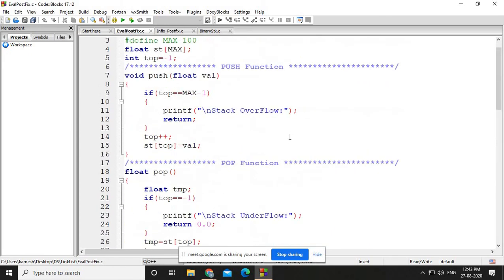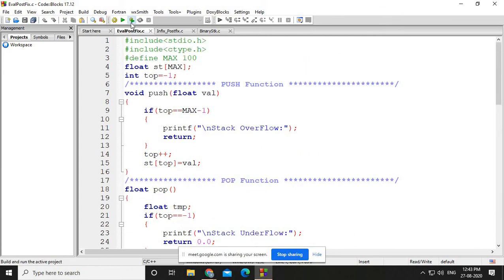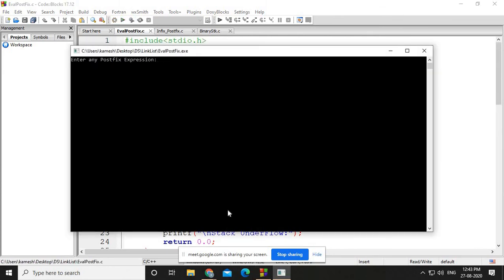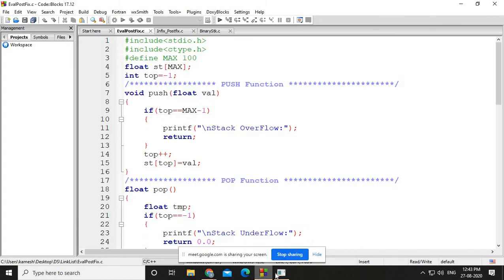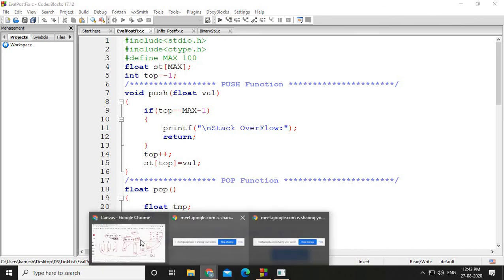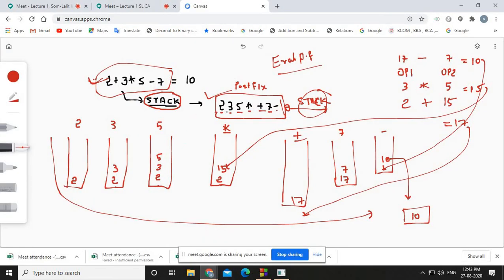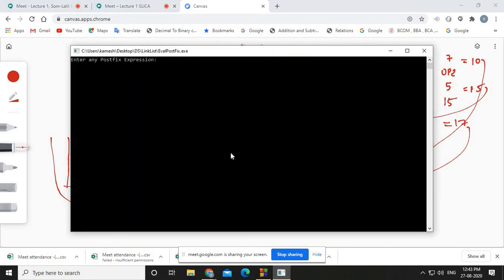How to write the program, we will discuss in the next session. Currently in this session we'll just execute the program and see the output. Our postfix expression was 235 into plus 7 minus. So I'm entering that expression, 235 into plus 7 minus.